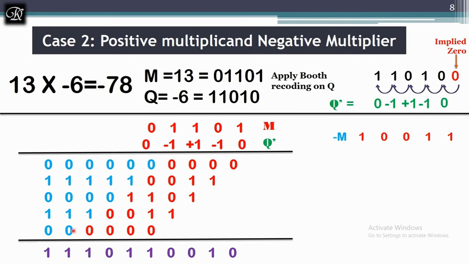Again it is 2 plus 1, it is 1 and carry will be 1. Again it is 2 plus 1, it is 1,